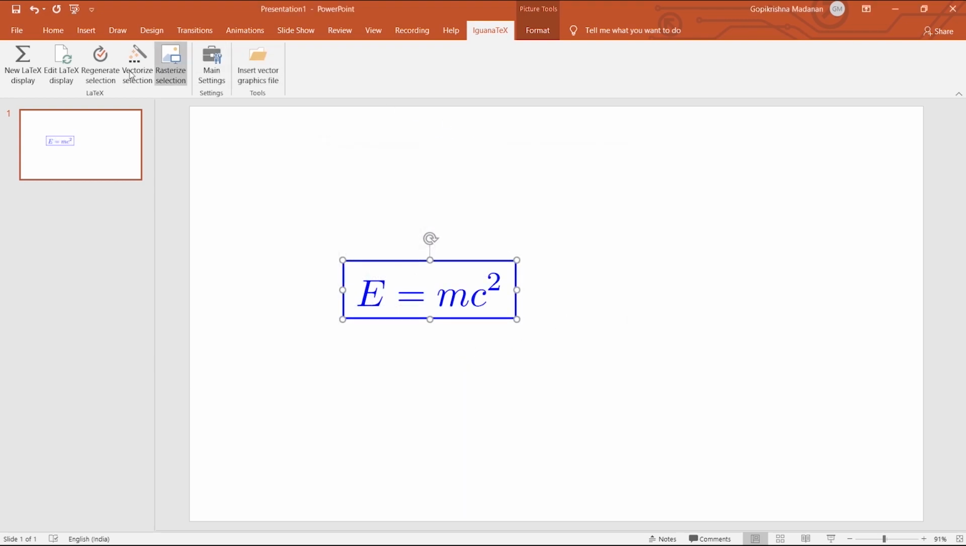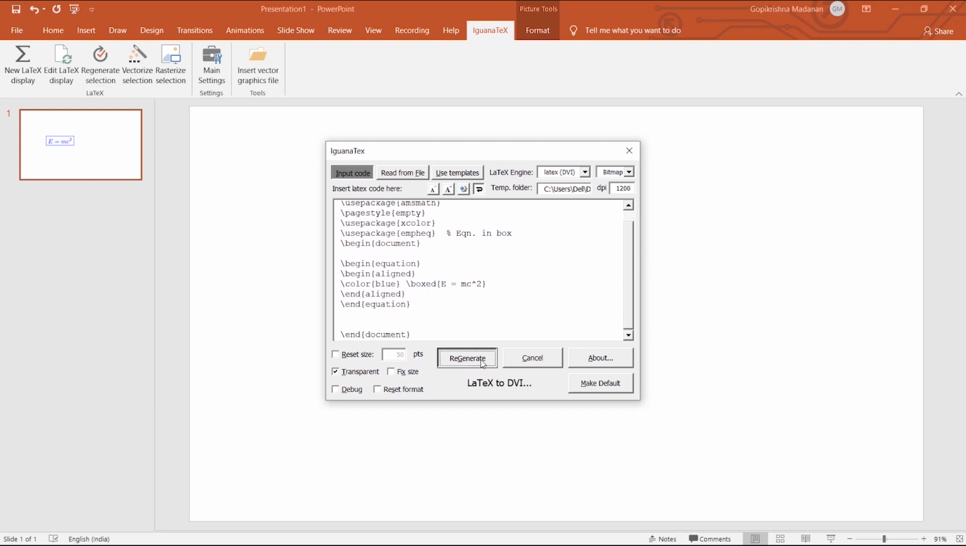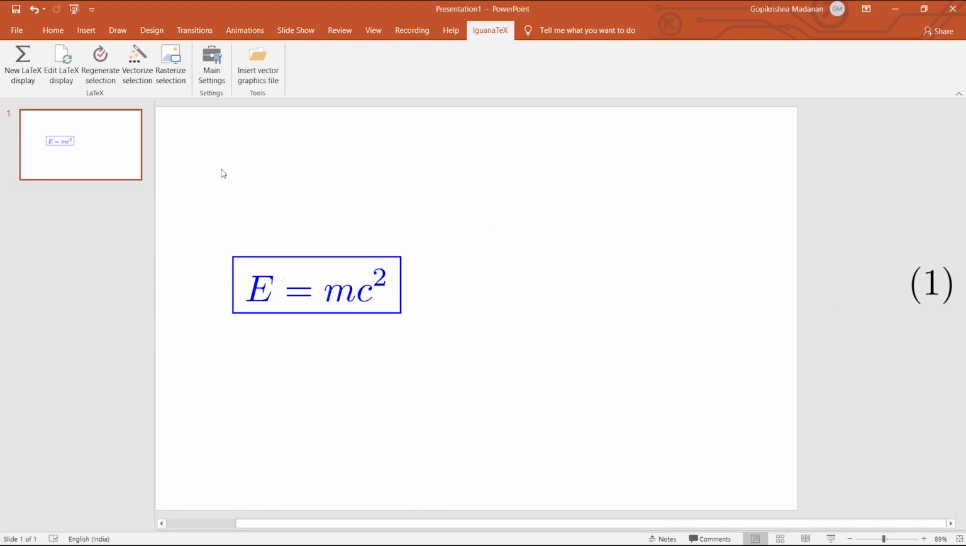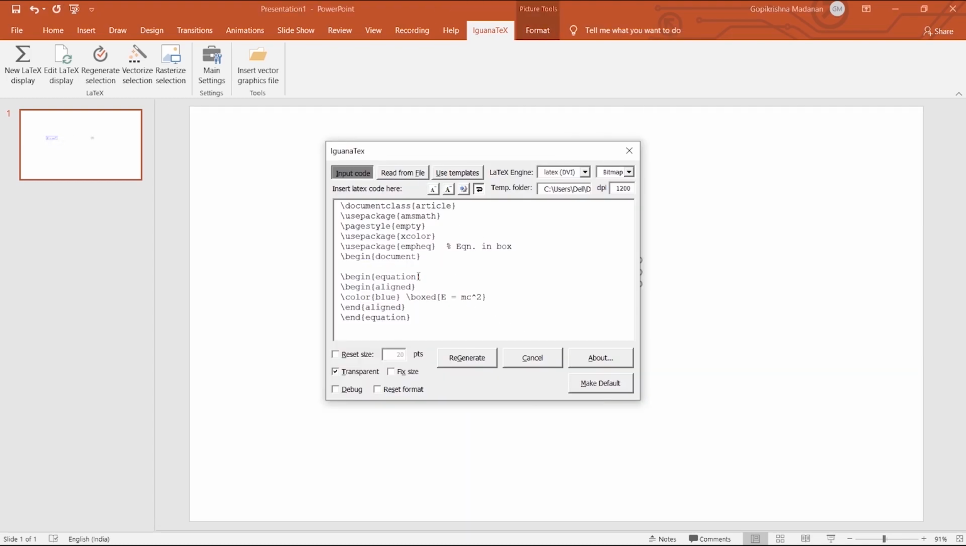if you want to write the equation in an equation environment, we can write the code and then generate the equation with number. If you do not want the number for the equation, in case you want a specific number for your equation, add